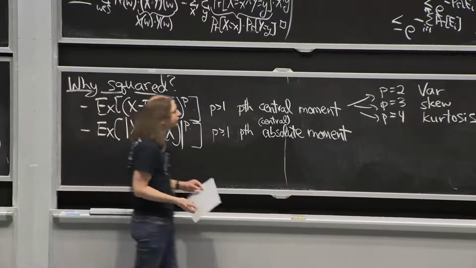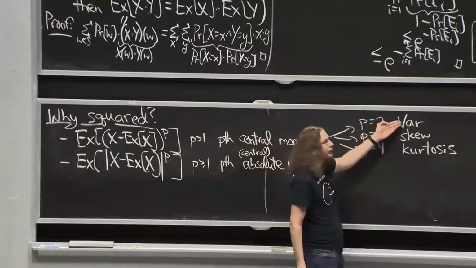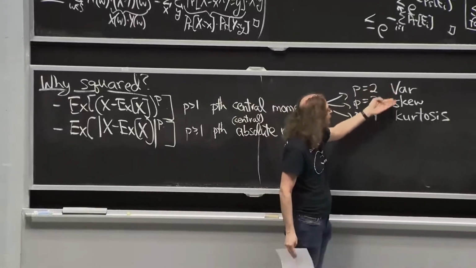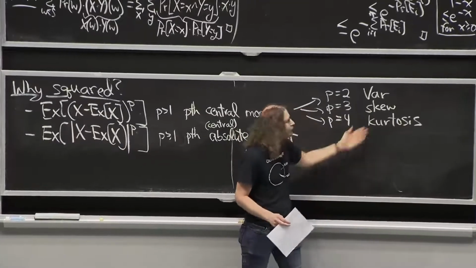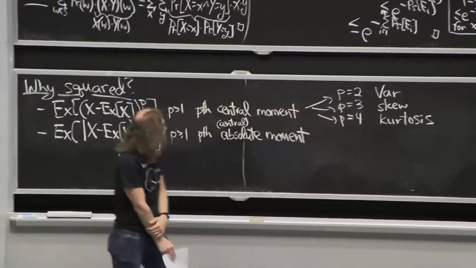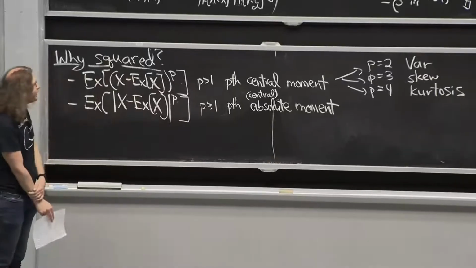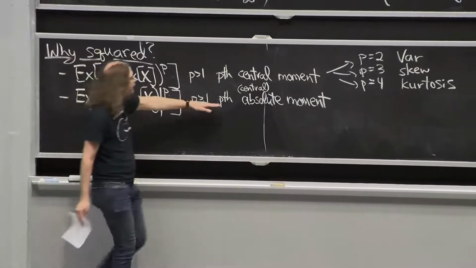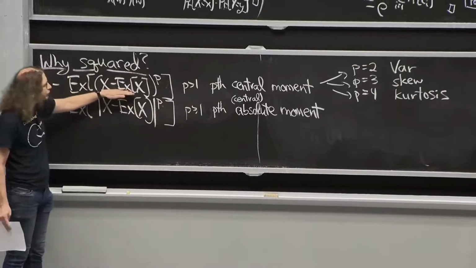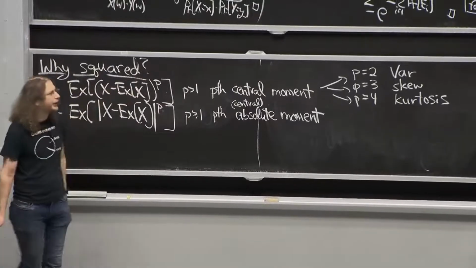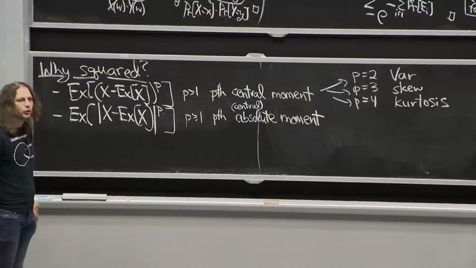They capture different things about the distribution. Variance is how far from the mean you are on average in some sense. Skew is sort of how far to the left or to the right your distribution is. Kurtosis, I have no idea. I'm not a statistician. But they all have some meaning. And you can do the same thing with absolute moment. You can also do it without this normalization term. Then you remove the word central. These are all interesting, cool quantities.